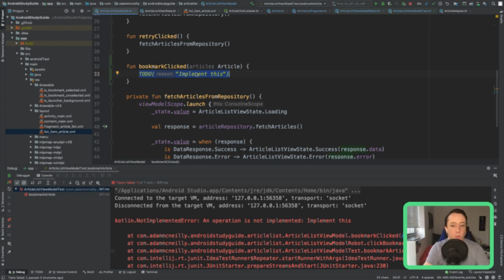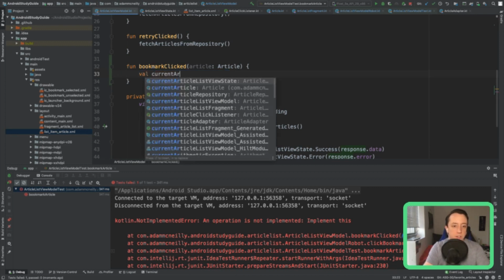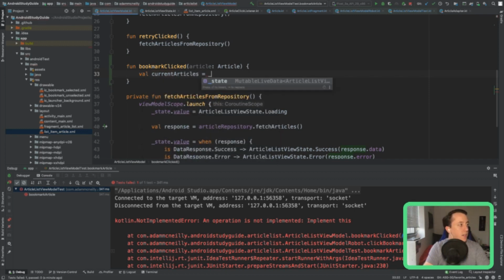To do that, we can start by getting the current articles, which is going to be state.value. We're going to assume that we are in a success state.